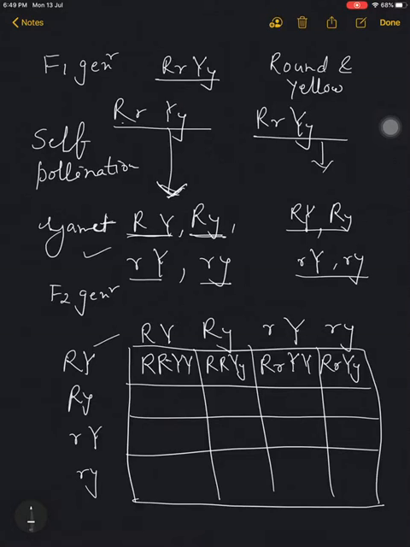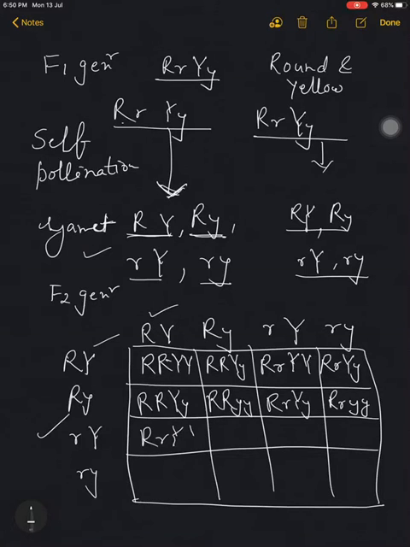And now in second condition what we have to see? Capital R, capital Y, small y, capital R, small y, capital R, small r, capital Y, small y, capital R, small r. Always remember that capital letter should be written first. Y, in this, that means this one, capital R, small r, capital Y.